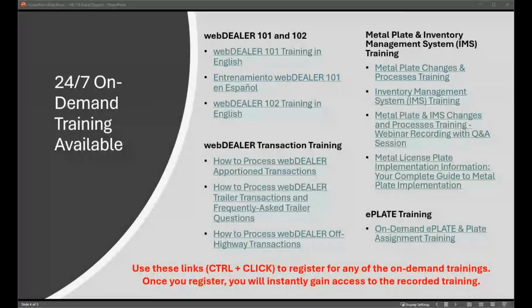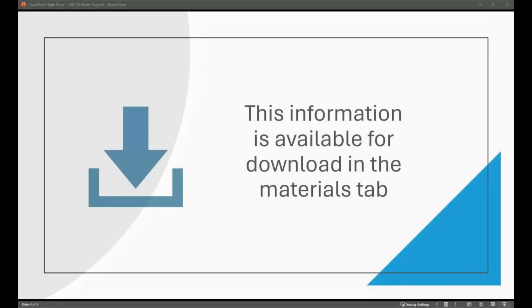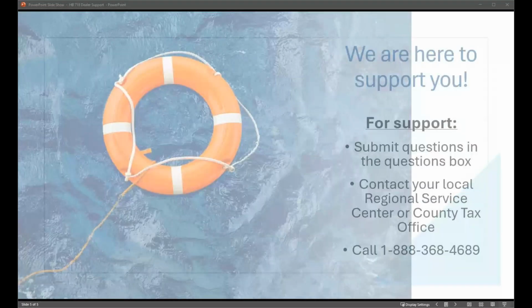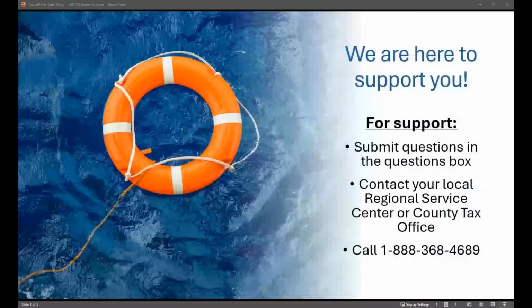Okay, for vehicles that are being exported, you are still going to go into e-plates and mark that that vehicle is going to be for export use. Much like the title only scenarios, if you have transactions, they're going to be title only and no plate is going to be assigned. You still need to go into e-plates and mark that so that the record reflects that.